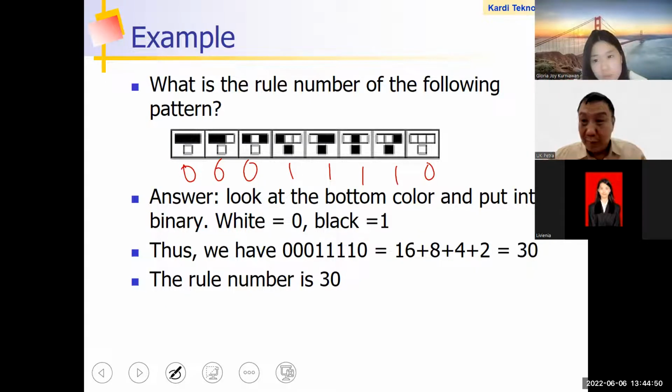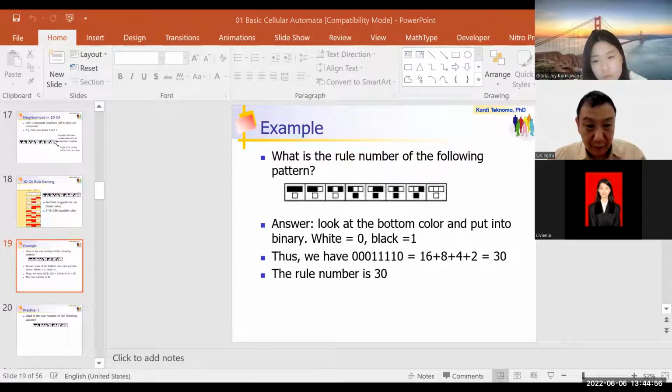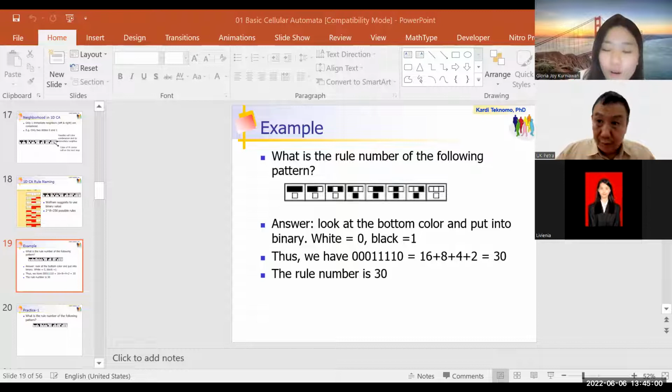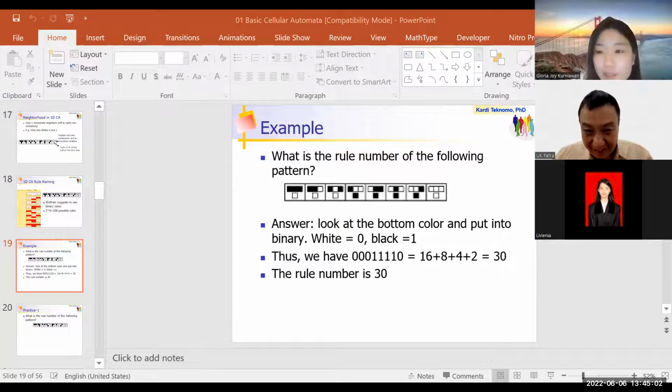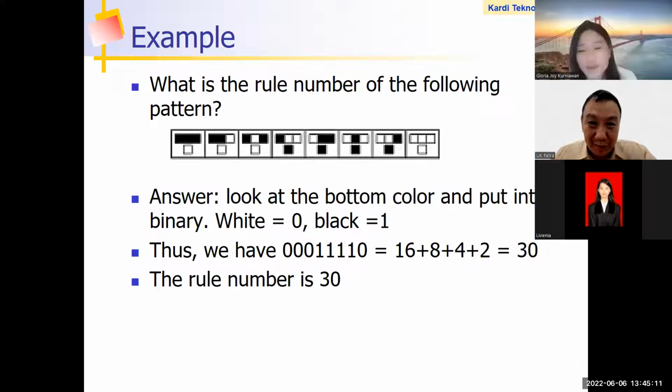Or in Excel. So say you have... Oh, 30 is from the binary number if we convert it into numerical. Correct. I was like, where do we get 30? Okay, yeah. Okay, so